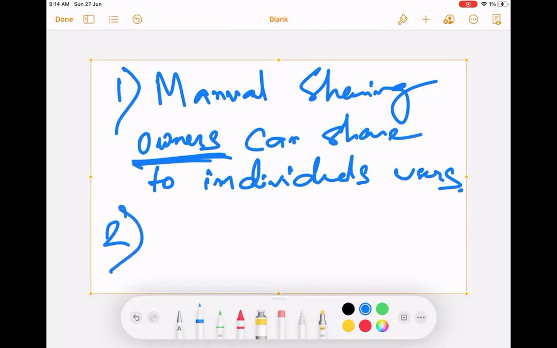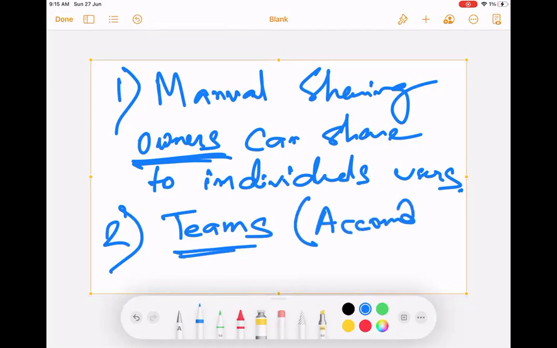This is manual sharing. Another sophisticated way of doing it is using teams. Teams are available only on a few standard objects like account, case, opportunity.